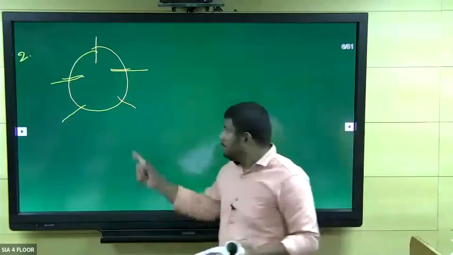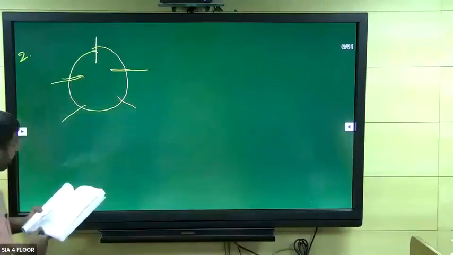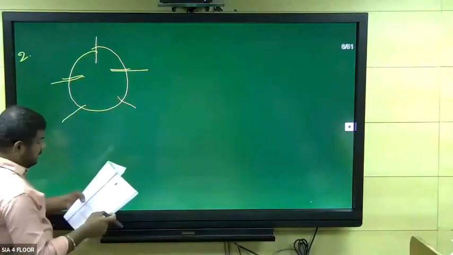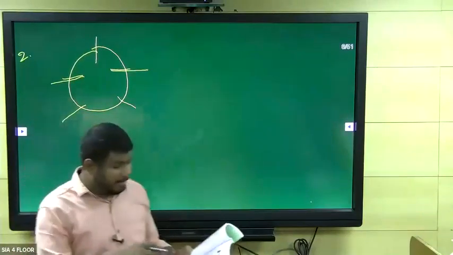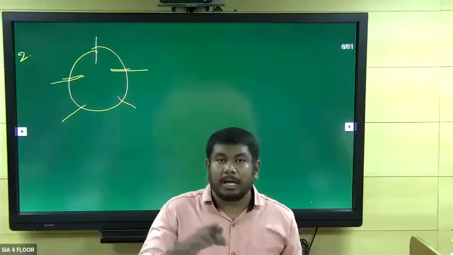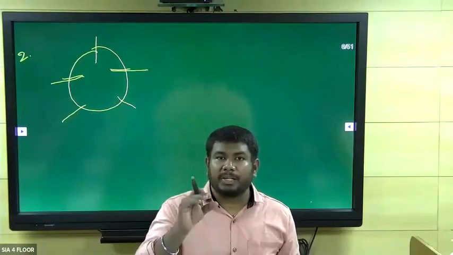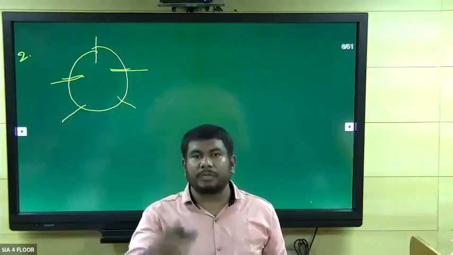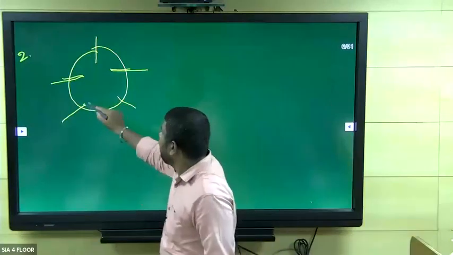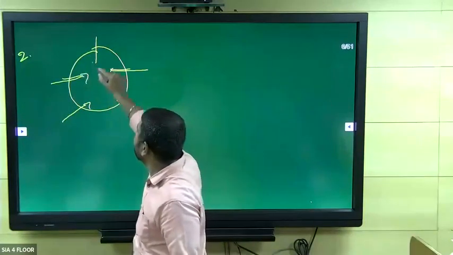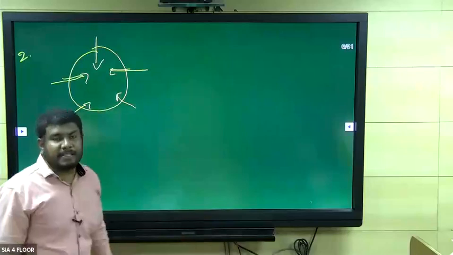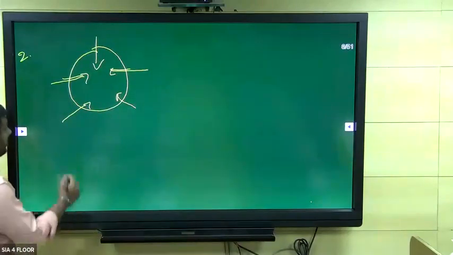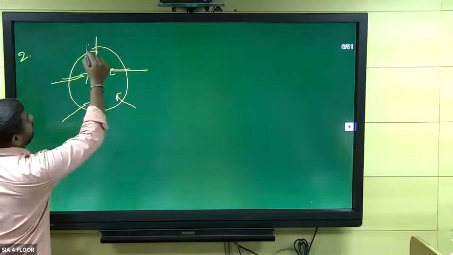So adjacent chair. Now listen here. C is seated next to A. So they have given that. A, B, C, D. Every chair is spaced equidistance. Here they did not mention the facing inside and outside, right? So we need to assume all are facing inside the circle because they did not mention facing inside or outside. Now tell me, C is seated next to A. Clear? So put right, left for all the persons.